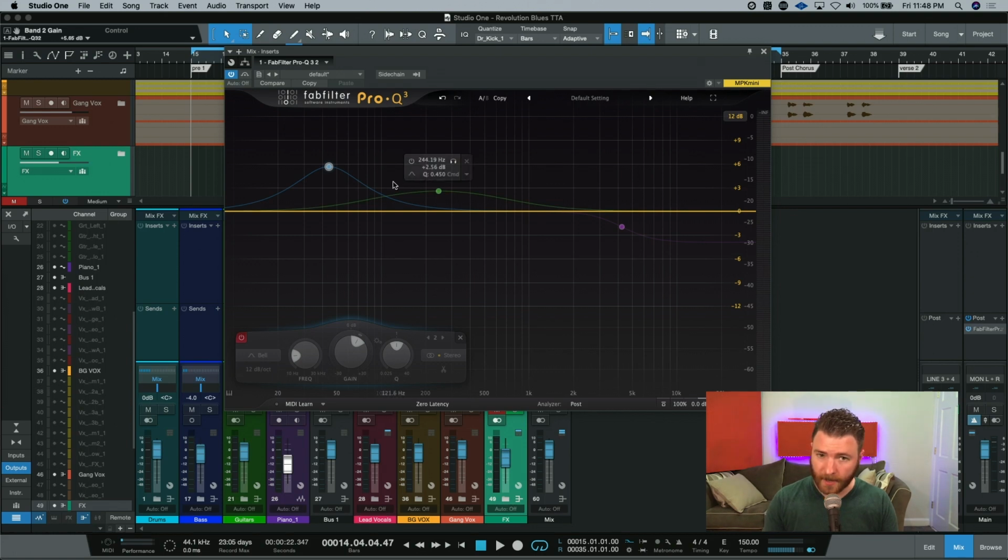Okay, so we'll start bypassed again, and then I'll engage this low frequency bump that I have going on here. If you need to know, it's currently set at 44 hertz, but it's generally the super low end, 60 and below. We'll engage this a little bit in. Here we go.